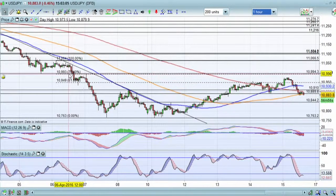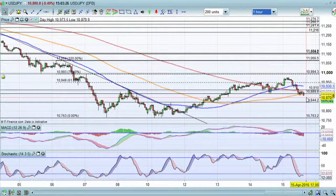I said if it hit 109.93 that would be particularly good because of the fact you had previous resistance and support. Didn't necessarily hit that, but we saw this 61.8 providing resistance. It just about moved above there, but now it's broken back down below, and you can see crucially we're now breaking to new lows. 108.89 is the support level that's currently being broken. So it is somewhat of a belated trade of the week, but finally we would have got our entry,